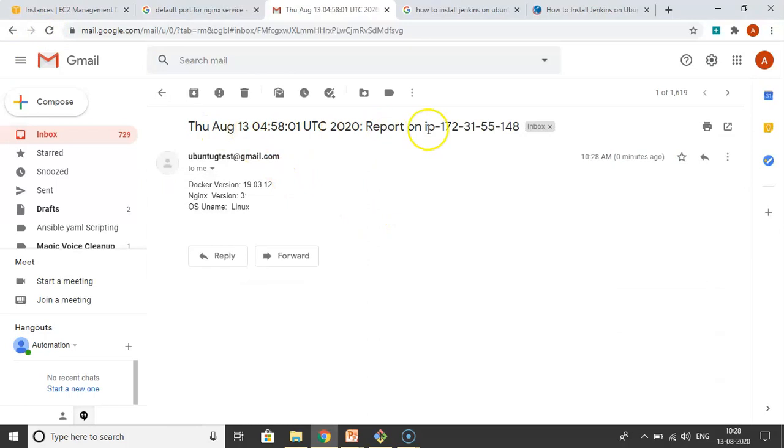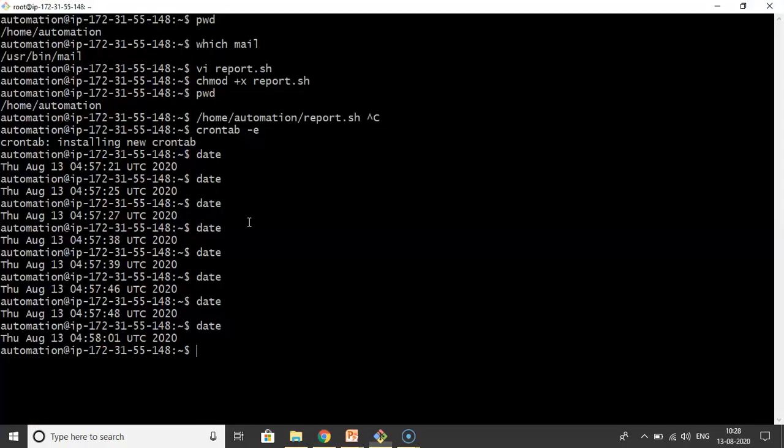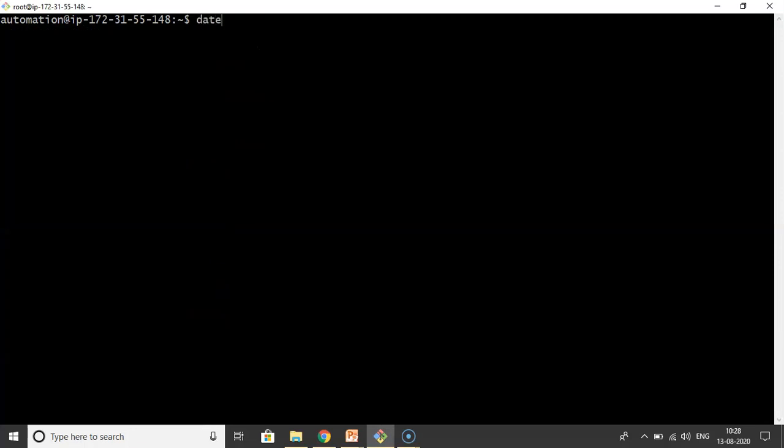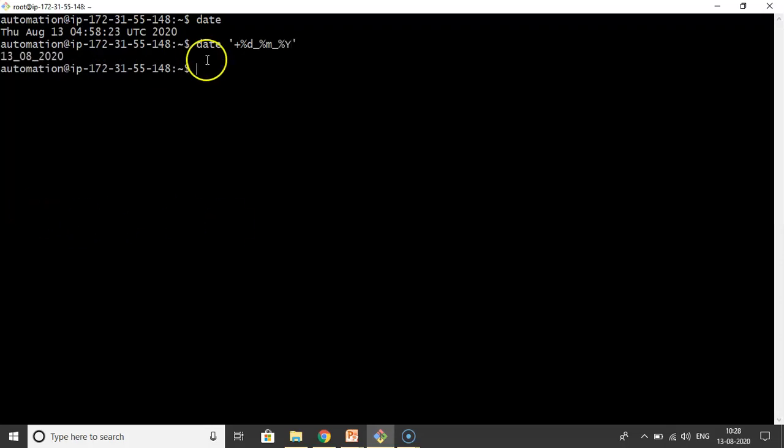See that? Now, instead of displaying your date in this way, and I also want to mention some signature here itself. Yes, we can do it. See here, the date command. Instead of displaying your date in this way, we can format our date. So simply what I want to do is day, month, then year. Now see the output. In this way, suppose I want to format the subject, yes, we can do it.